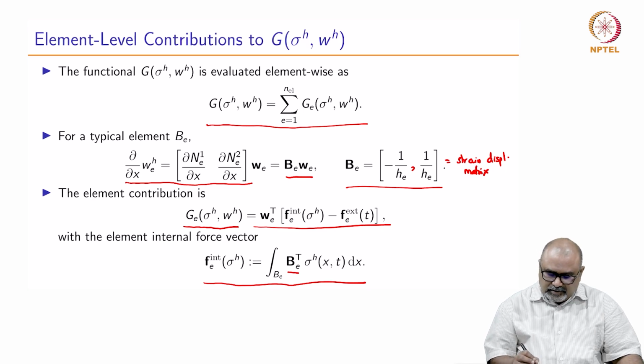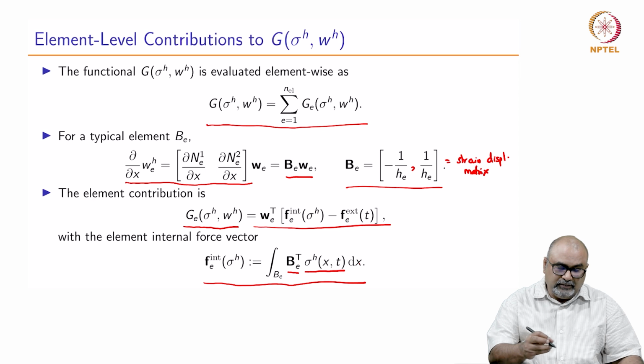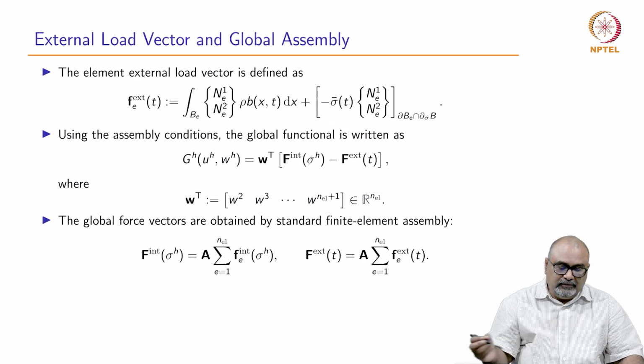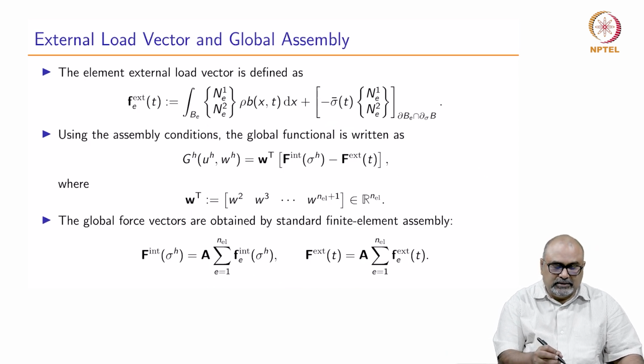B is the strain displacement matrix, sigma is the stress. So, B transpose sigma integrated over the domain dx will give you F^e internal, and F^e external can be calculated as